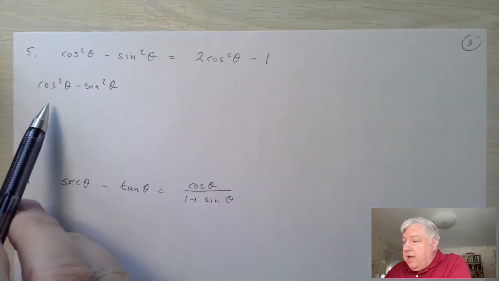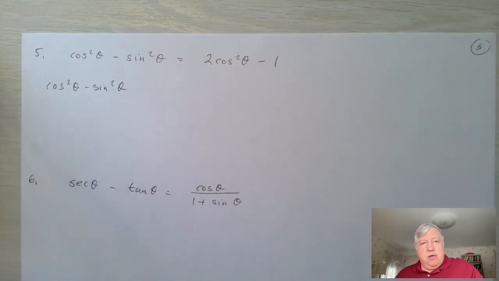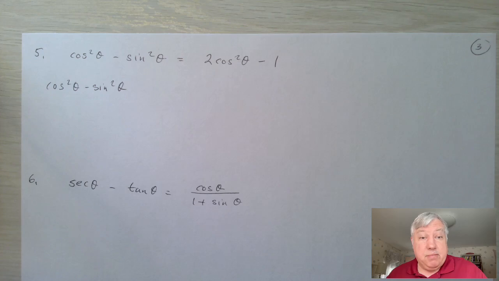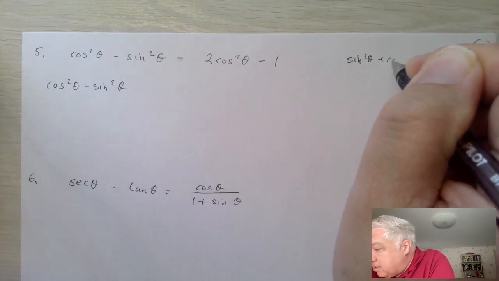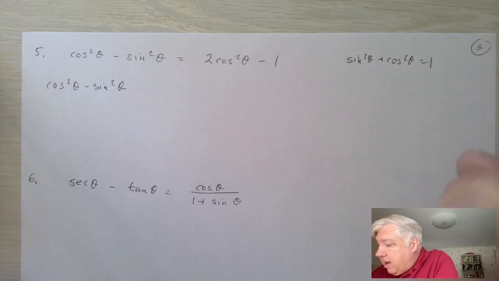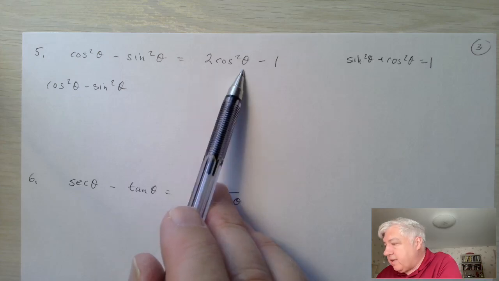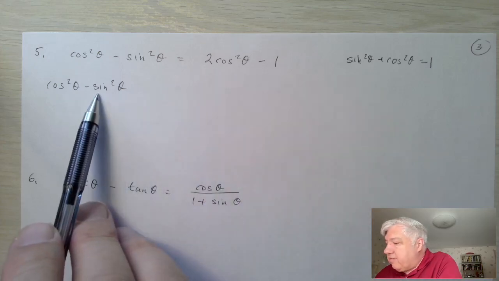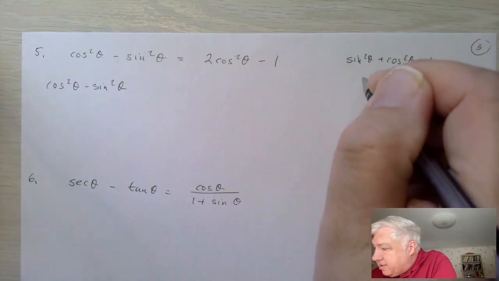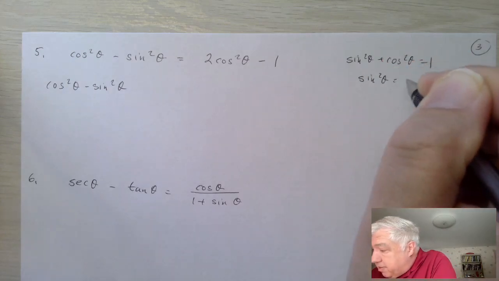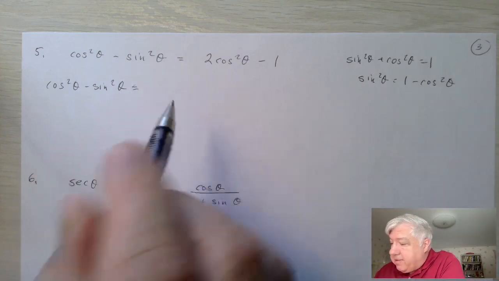All right, so when everything's in terms of sine and cosine, and they're squares, it's probably a good thing to use the fundamental identity again. I'll just remind you what that is. And we can see immediately, since we want to get everything in terms of cosine on this side, we can replace this sine squared with something, because from here we can see that sine squared will be 1 minus cosine squared. So let's make that substitution,